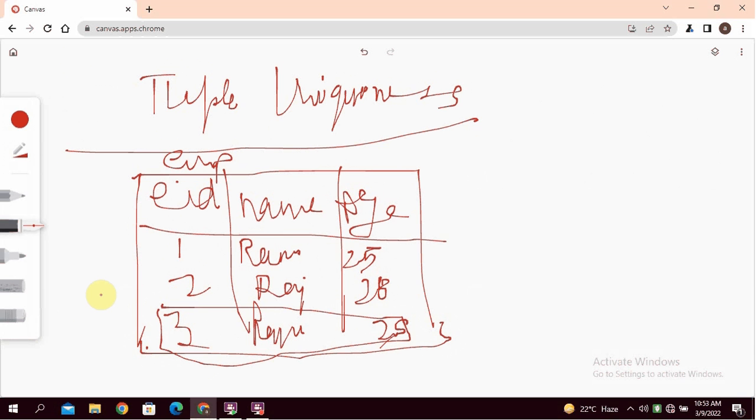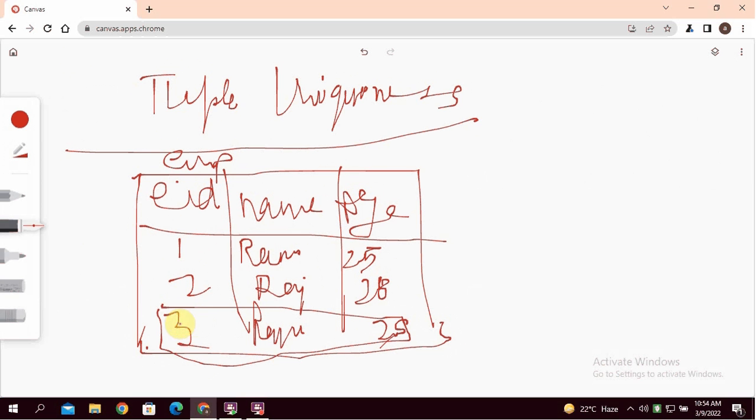Tuple uniqueness constraint means all tuples in a relation must also be distinct. That is, duplicate tuples within a single relation are not allowed. Here, employee relation consists of 3 attributes: EID, name, age.